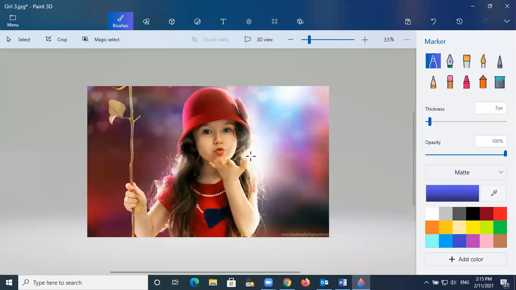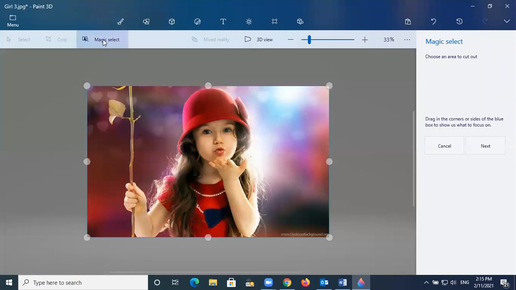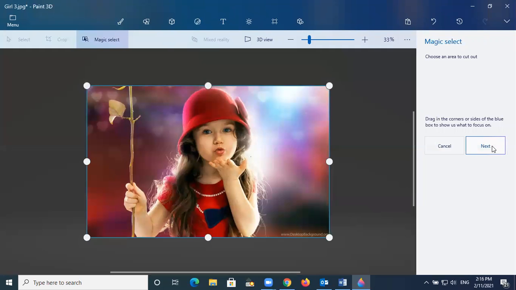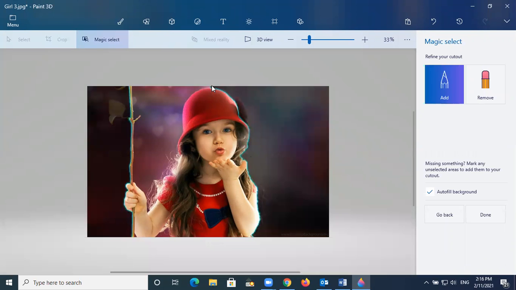I'm going to edit this picture now, because the background of the girl is going to be changed. So it means I have to take out only the girl from here. How are you going to take it out? By using this software, we choose Magic Select. When I click Magic Select and then click Next here, they selected this part and ask whether you want to select these things only or not. But I need to select from this part also.